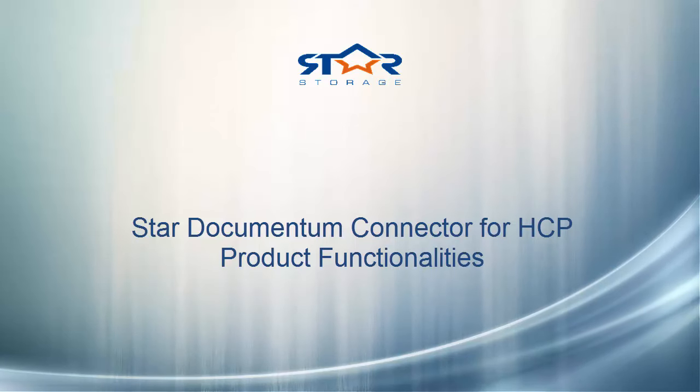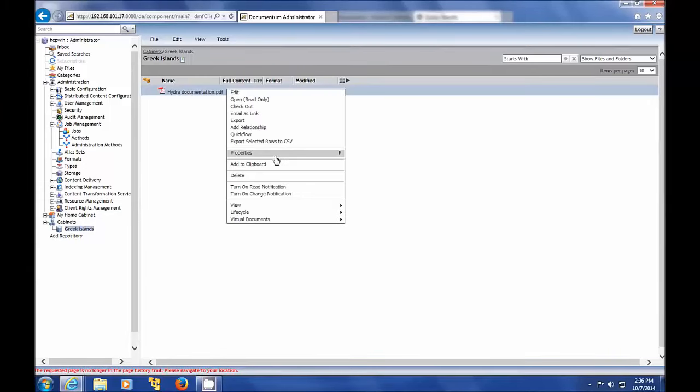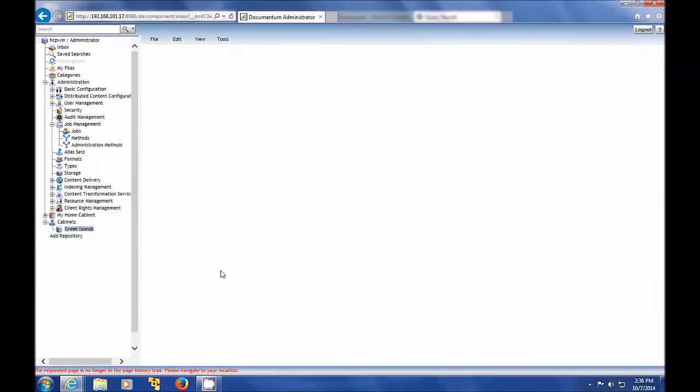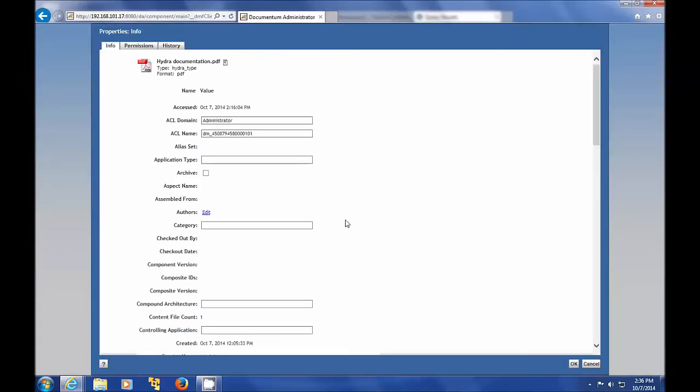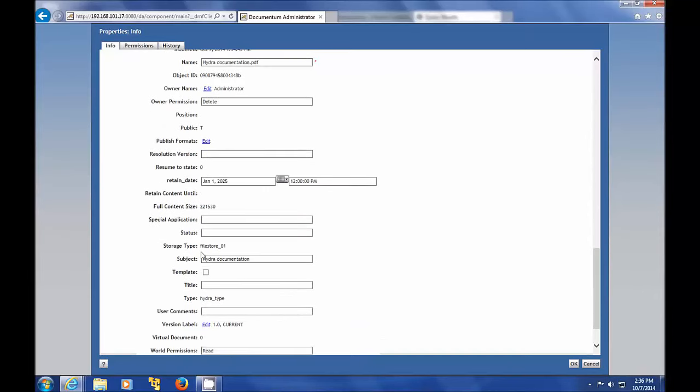In this video, I'm going to show you how the Star Documentum connector works and how the Documentum content is stored in HCP. So, when you have objects stored in your Documentum system, the easiest way to find out an object's current storage is to go to the object's properties and check the storage type attribute. For example, in this demo, the selected object is stored on the Documentum default storage,